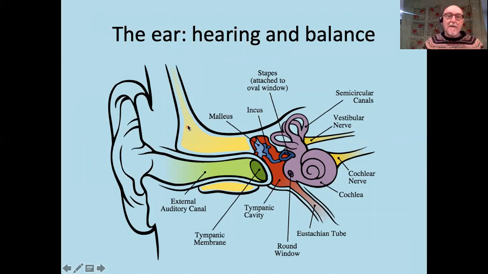Okay, so that's all we're going to talk about for the eye. Now let's talk about the ear. And the ear is an absolutely fascinating system. Our ears are in fact two distinct organs in a way. They both parts use a similar system, but they use the same system for entirely different purposes.